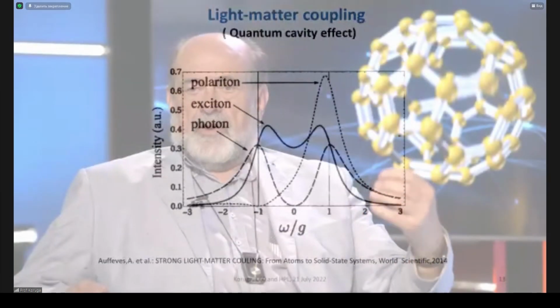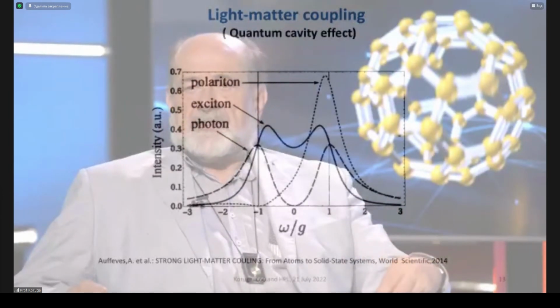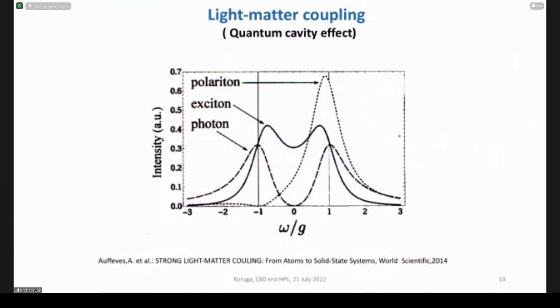Because a photon comes in, and in interaction with molecule C60 it generates an exciton. Exciton and photon are coupling and make the polariton. That means the light which acts on our body is not photonic, it's polaritonic. This is special. Why is it special? Because